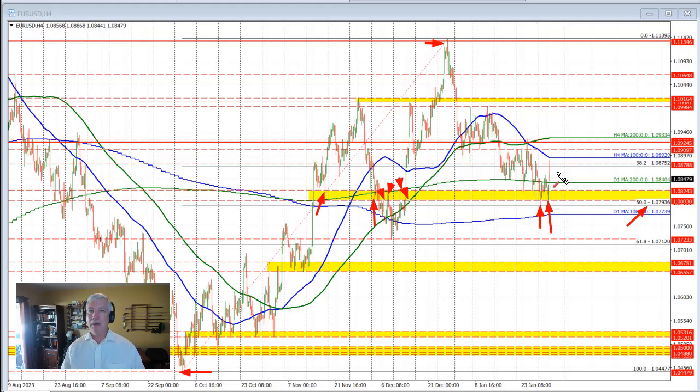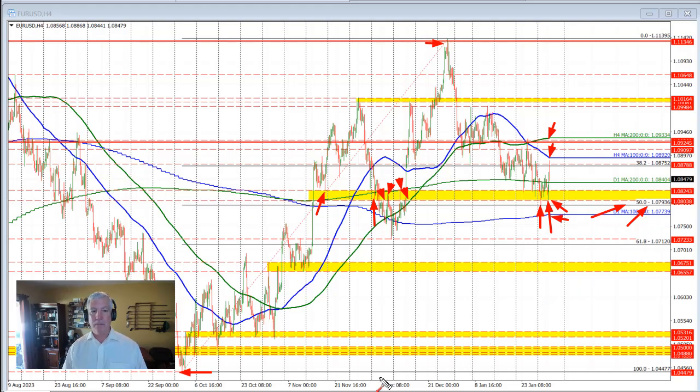So, the levels are in play. We know the levels. The technicals are somewhat showing those levels to me, to the market, with the 200-day moving average a key barometer. On the top side, getting above the 100-bar moving average is key. Then we'll look toward the 200. On the downside, move below the 200-day moving average and look to get below the 03 level here, the 50% retracement. And then the 100-day moving average would be another level to get to and through at 1.0773. That's the playbook. We'll see how it all plays out with the